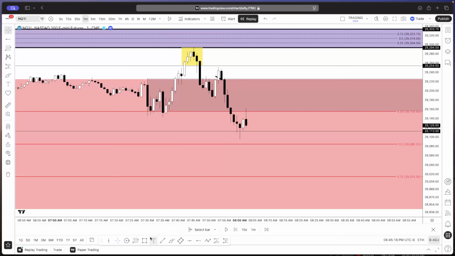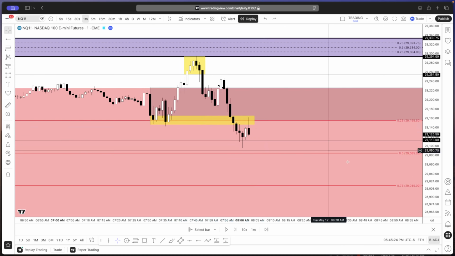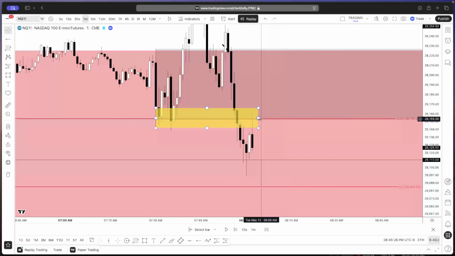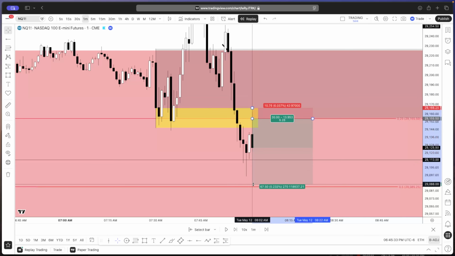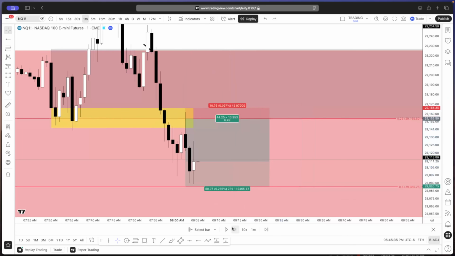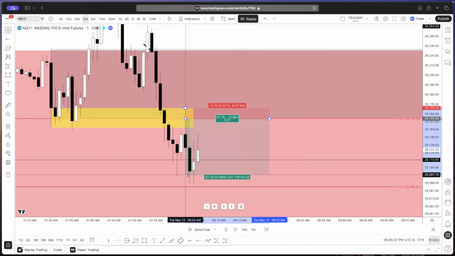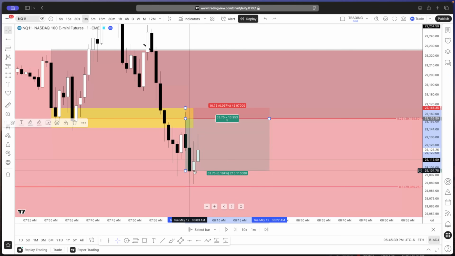Where is my stop loss? I'll give you a minute to see if you can figure it out. I'm looking at the breakout wick back here. Okay. I'm putting my stop loss right above that level. So my short position is on the daily with my stop loss right above the breakout level. And I'm targeting wherever. I don't really have targets. I end up trailing out just above here for 5R in the position.